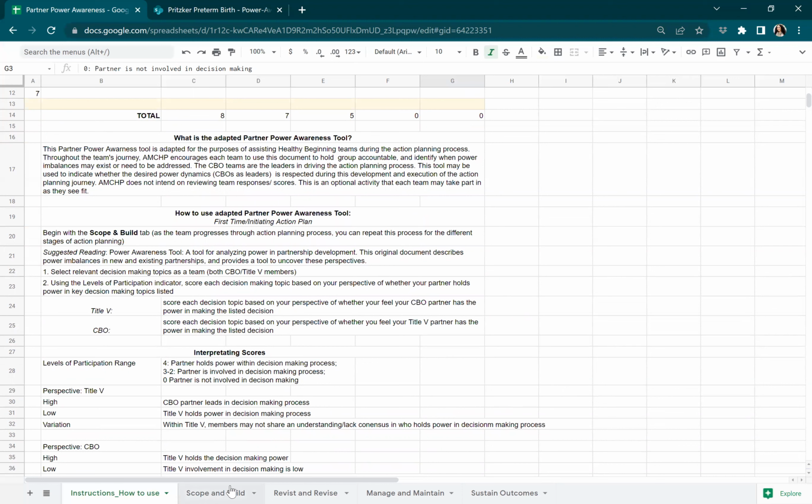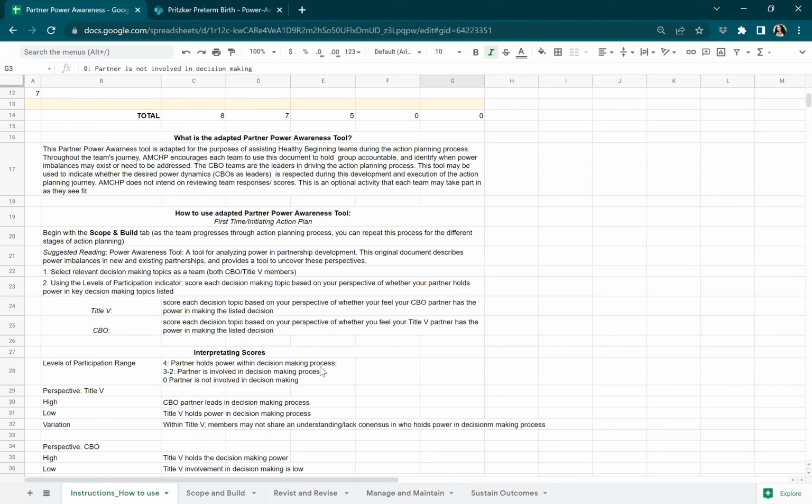So rather than continue on with scope and build, perhaps you're revisiting and revising some of the activities that you have set out in your action planning goals and activity steps. If you find that there's an activity that is really doing well, or something that you want to continue, you might move on to manage and maintain, or sustaining